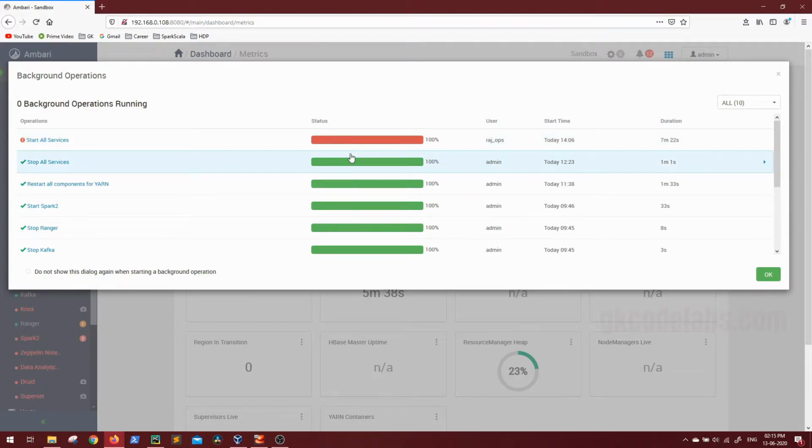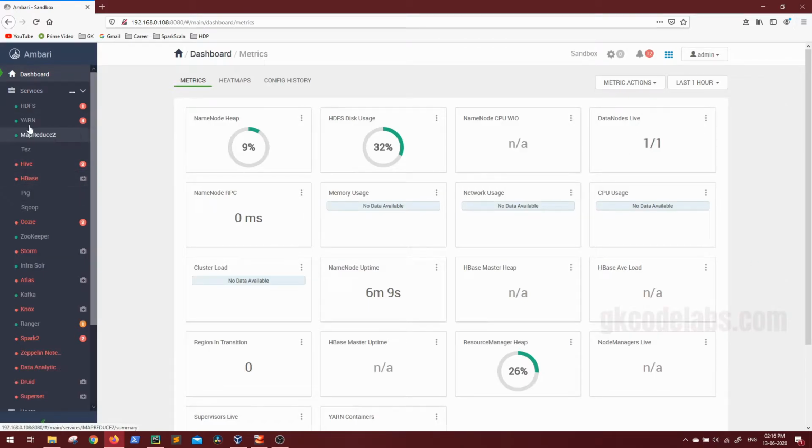So ignoring this, let's see what actually got started, and we will start whatever we need right now. Those tools, if they are not started, we will start manually just for the sake of resources. So click on OK. On the left we can see a couple of things are green now and a couple of things are red. So let's see what all things.